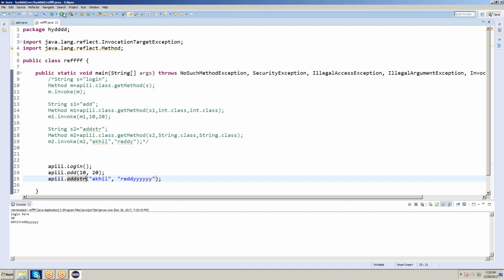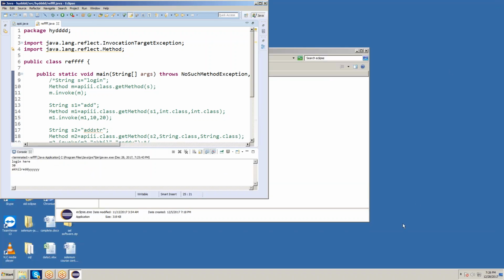This is the simple way, so there are two ways. If you want to use the Method class, we can use it. Whenever you use the Method class, only then can we get a number of exceptions. Without the Method class, we can't get these exceptions. These exceptions are very important. That is the reason we learned this concept of reflection API. API is nothing but a set of predefined classes. Among them, one of the classes